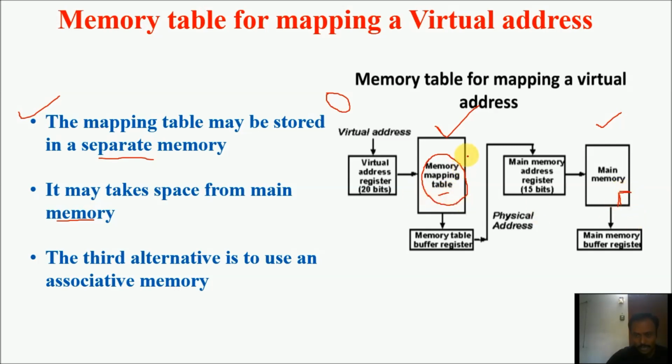So our aim will be to reduce the size of the page table. If the size of the page table is small, then only a small part of the main memory will be occupied. Otherwise if the page table size is large, then a large portion of the main memory will be occupied. So that's why it will be our target to reduce the size of the page table every time. To reduce it, the technique that is used is the associative memory technique. Using the associative memory technique, we can reduce the size of the memory table.